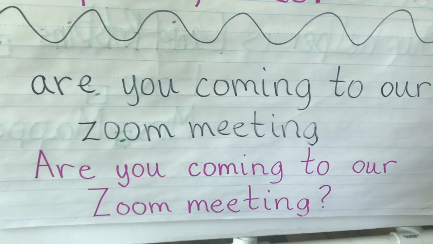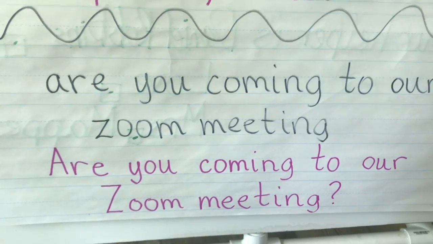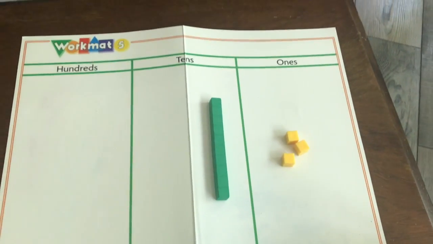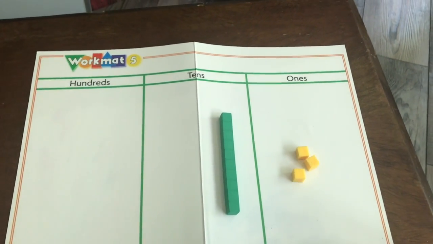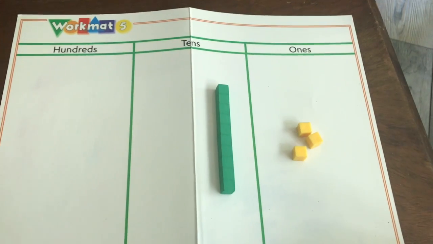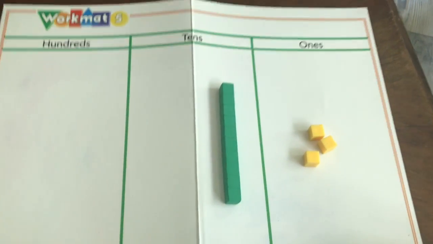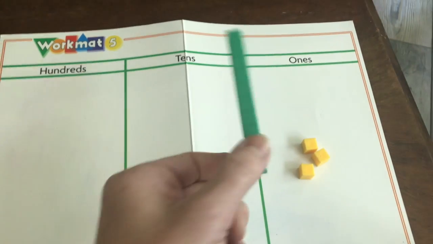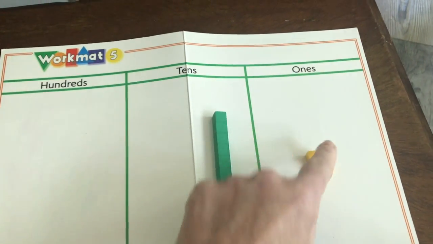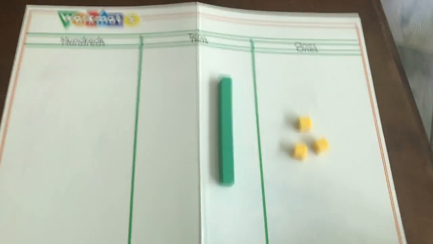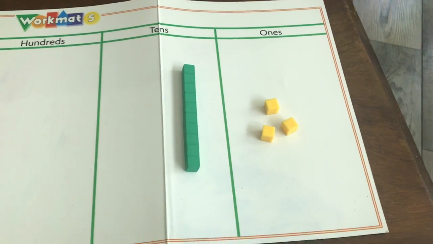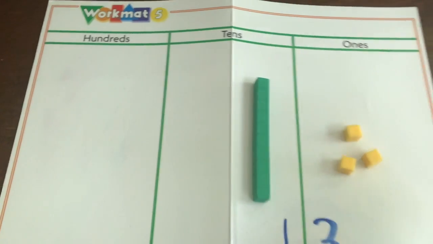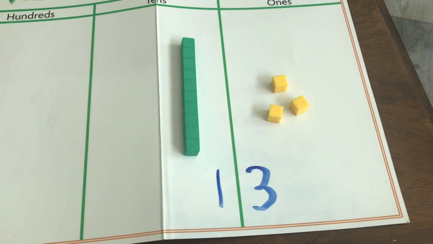All right, we're going to do a little bit of number work, and then that'll be it for today for morning message. Okay, today I want you to try to write some numbers on that same piece of paper or your whiteboard that you just wrote your sentence. Since we've been practicing with the tens and the ones, we have 1 ten and 1, 2, 3 ones. Can you write the number that shows? Okay, so we have 1 ten and 3 ones, and I hope you wrote down the number 13.